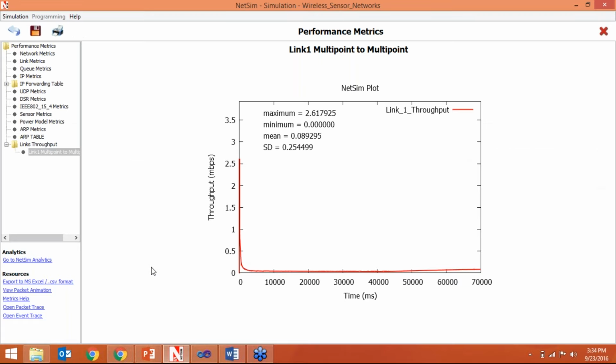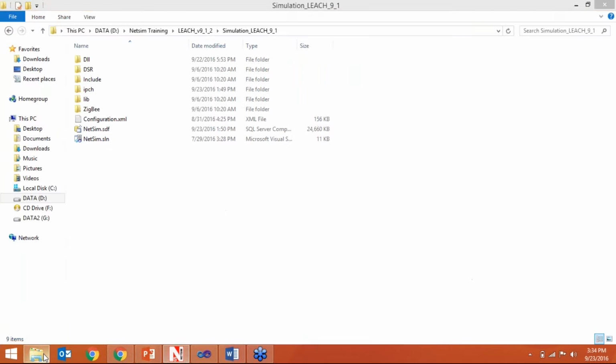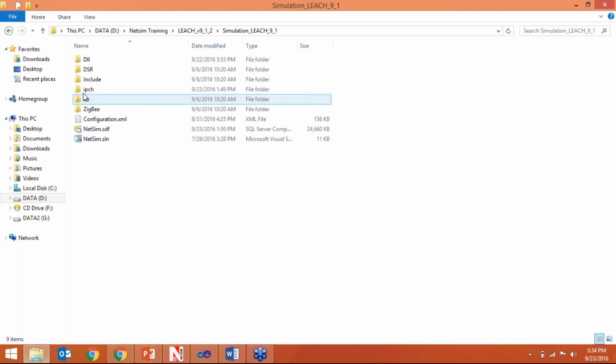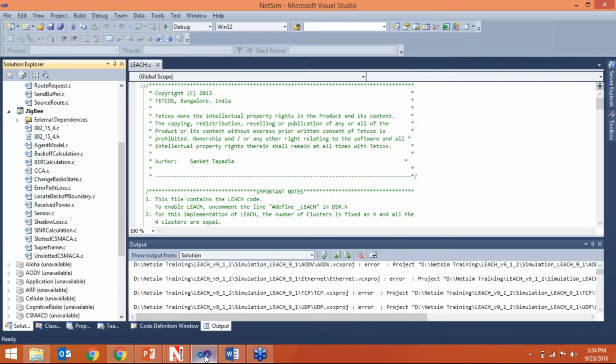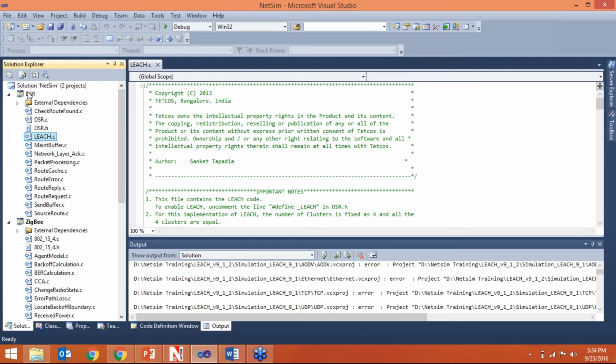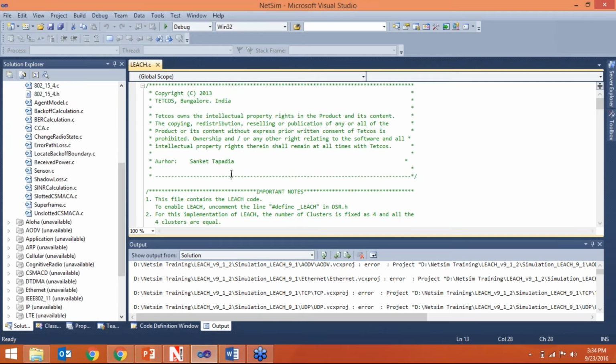So now I was talking about the LEACH code implementation. For LEACH code, we have some ready-made code. We just have to click on this netsim.sln solution file, and this LEACH code will open in the Visual Studio environment. I have already opened it. Here we will see the 2 protocols. One is DSR and the other is the ZigBee protocol. So I've just opened this leach.c file